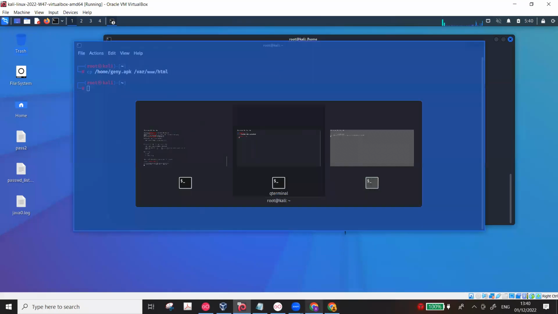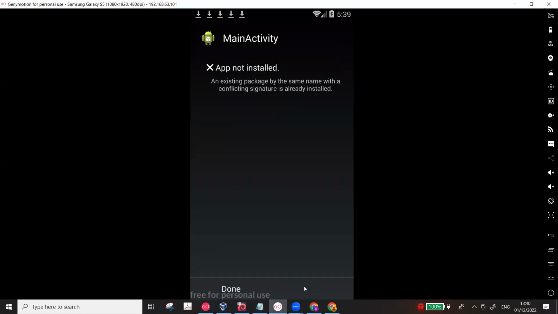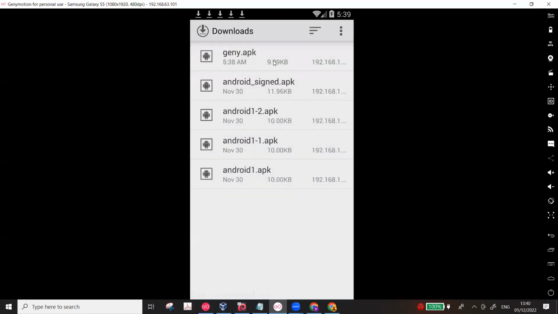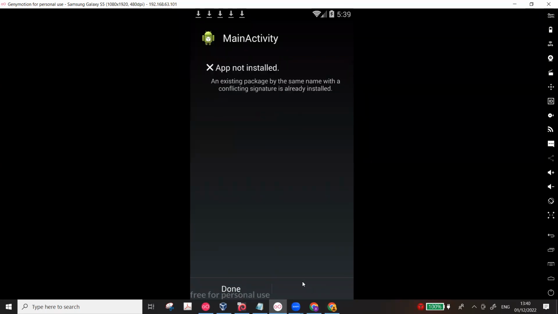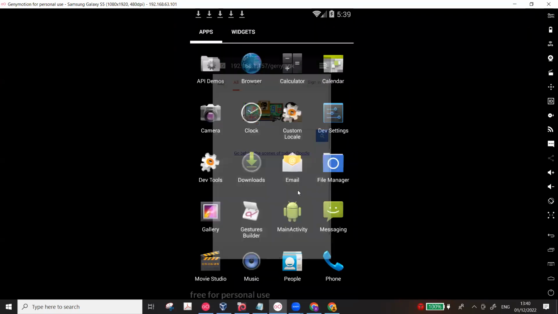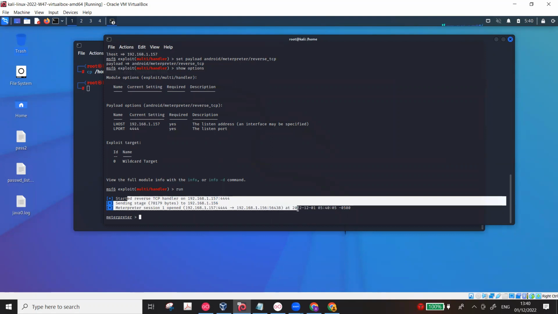Okay. Double click install. Just a minute. I actually installed it many times, an existing package of the same name. The reason I have installed these applications many times, as you can see, is that one of them actually made a reverse connection